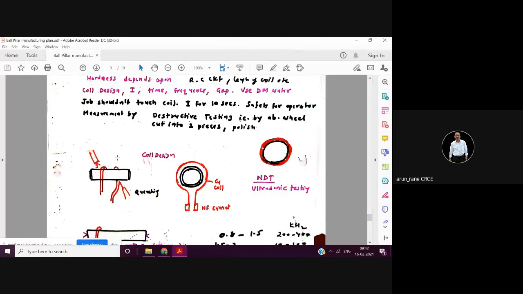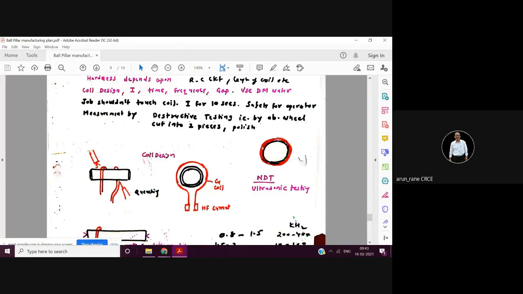All right. Then I had asked you how to do the testing, how to do the checking, whether the required depth has been achieved or not. So that is done by non-destructive testing or ultrasonic testing. Here, in the radiographic test, you can see the case depth. You can measure this case depth on ultrasonic testing. So one or two pieces you can check initially in the beginning, and if the depth is correct, then you can do the induction hardening in mass production.